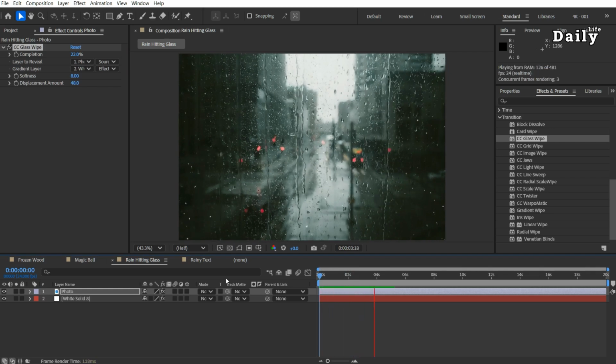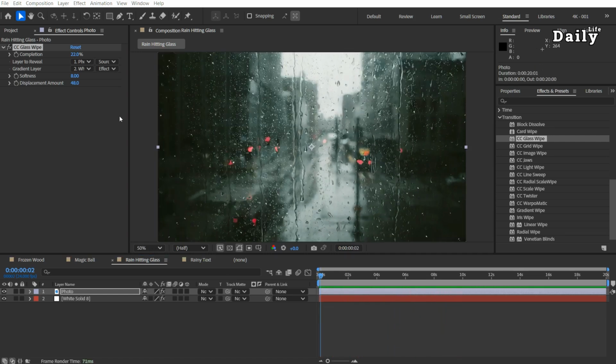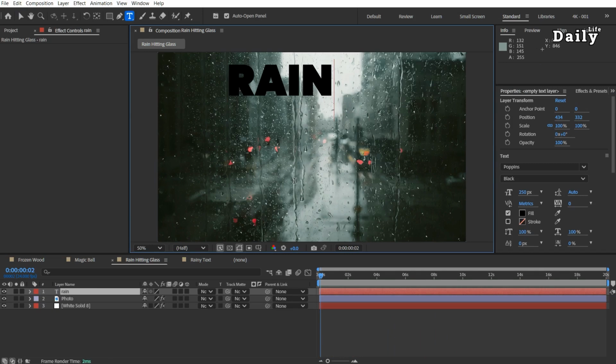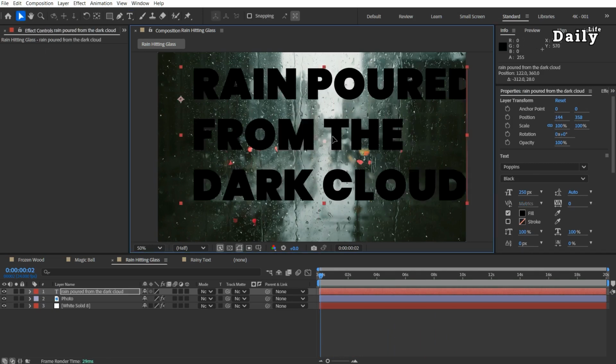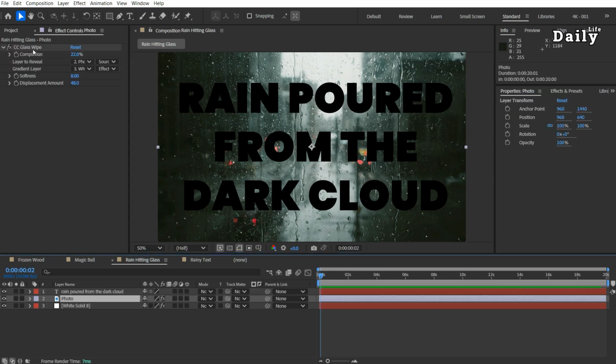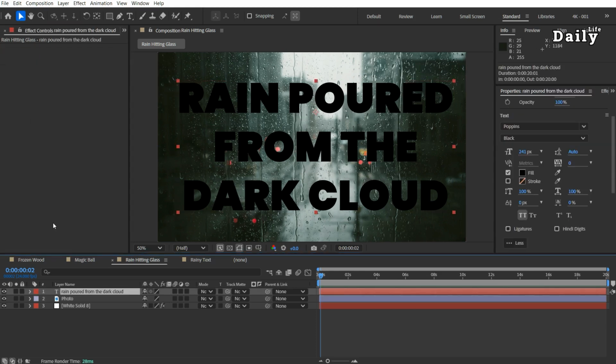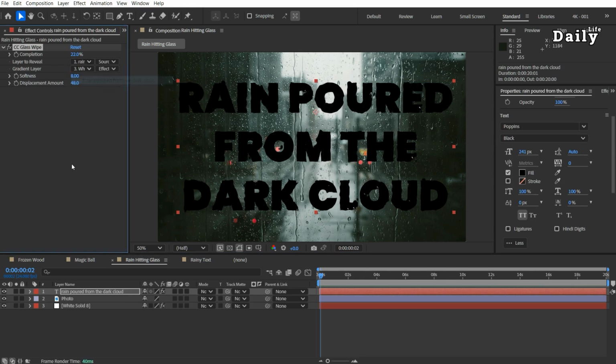Let's add this rainy effect to a text layer in our final example. Add a text layer above the other layers. Cut the CC Glass Wipe effect from the photo layer and paste it onto the text layer. Set the text layer as the Layer to Reveal and the white solid as the Gradient Layer.